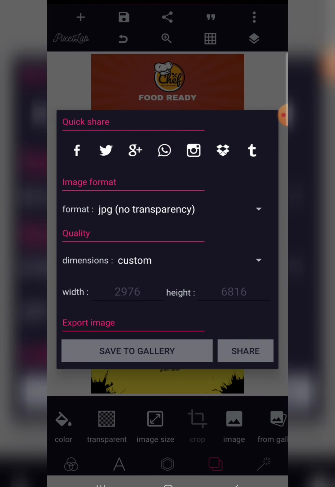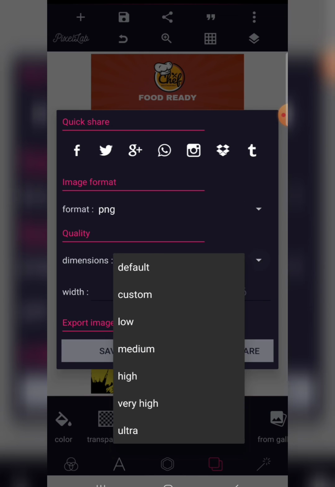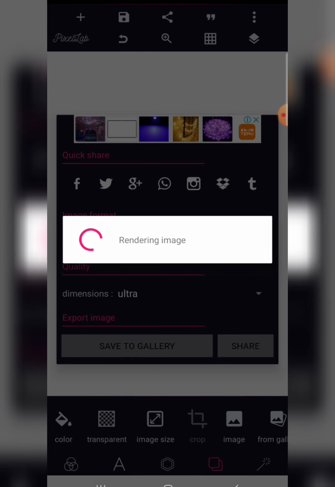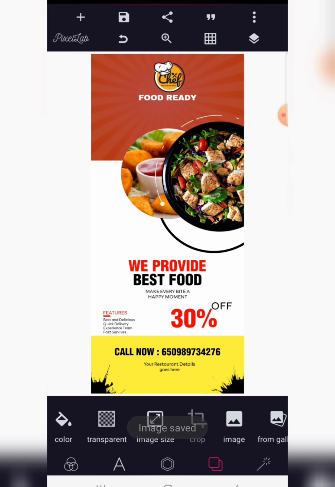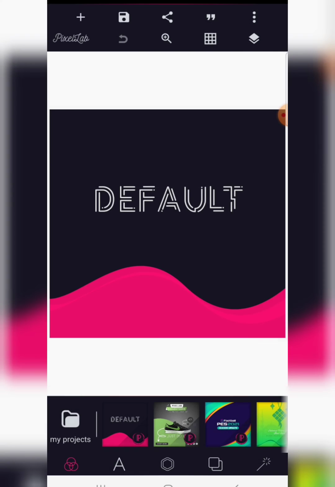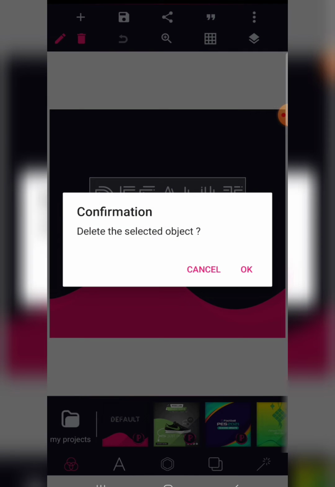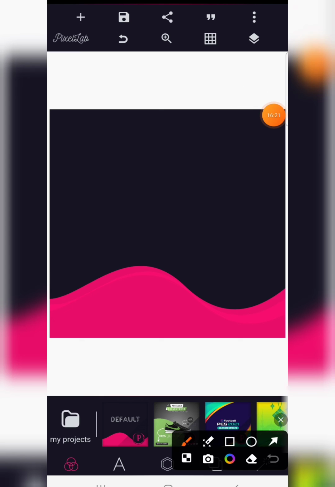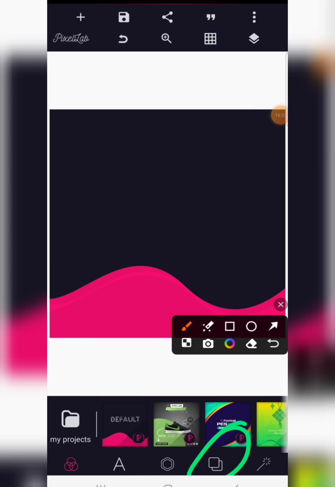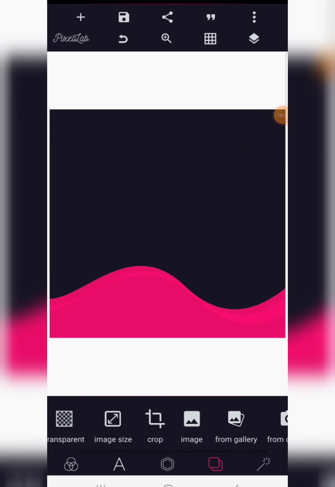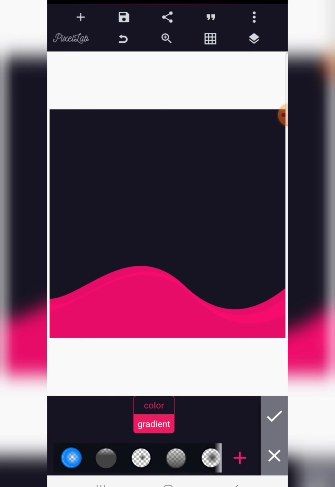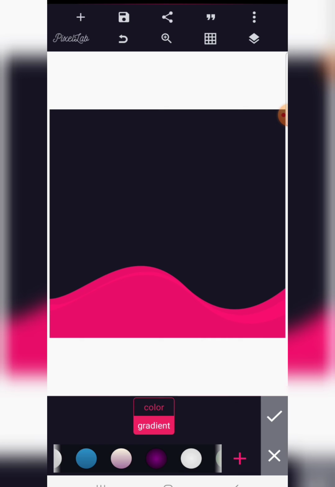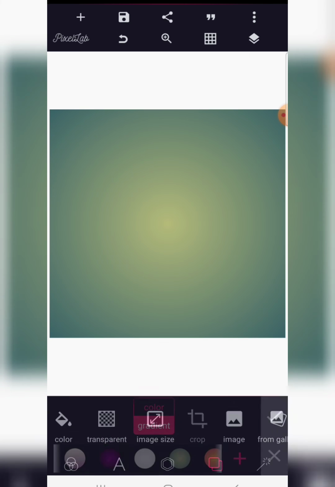Now we're going to save this out and wait for a while for it to save out. After it's done saving, go back and open a default page on Pixellab. So welcome back to Pixellab on a default page right now. This time around, we're going to go back and change our background color into a gradient,